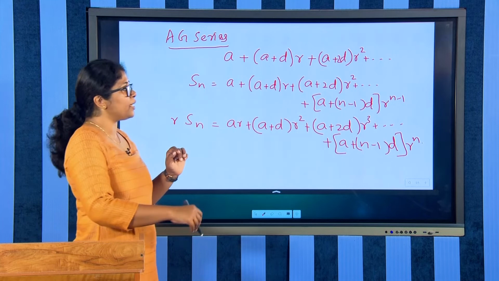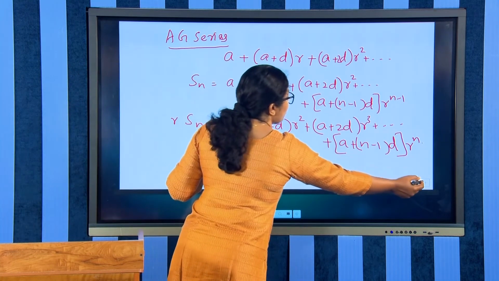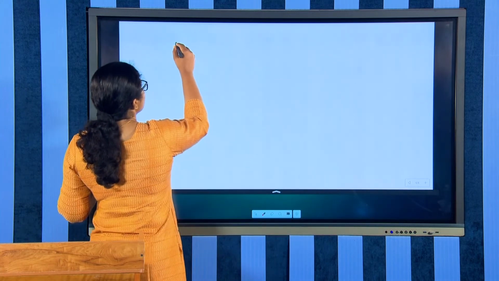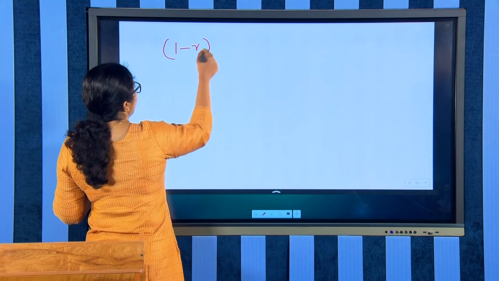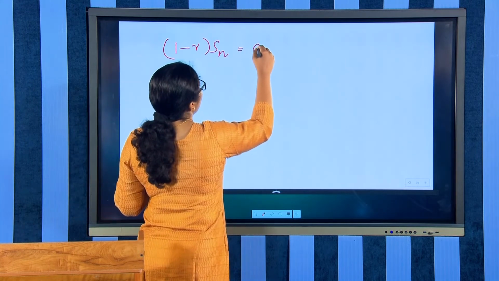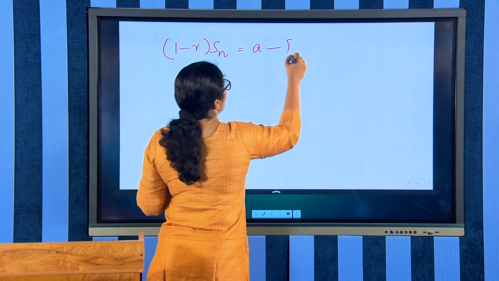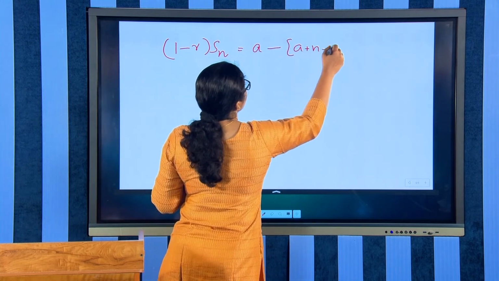So as we had done in the case of geometric series, we will subtract these two and on subtraction I will write the expression only, you can simplify it and find. So (1 minus R) times Sn is equal to, A remains as such, A won't be getting cancelled, the last term also remains as such,